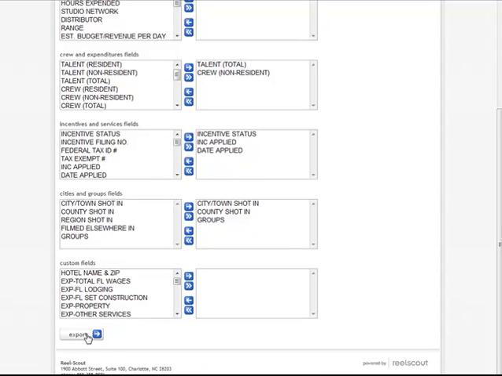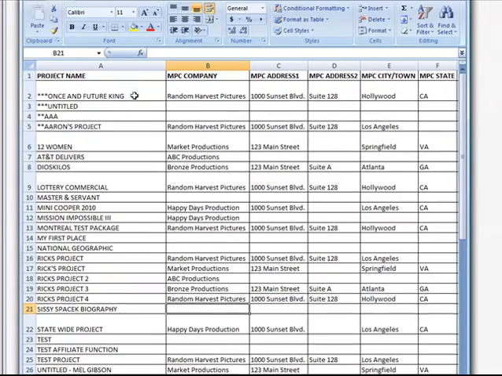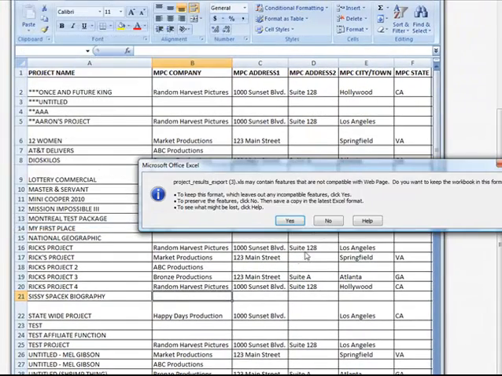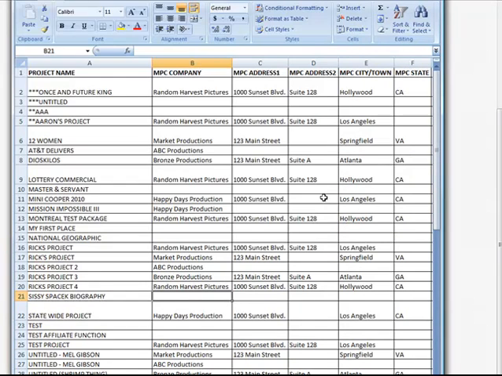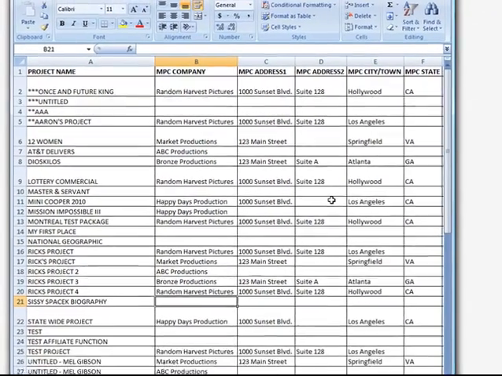That export button will then launch the Excel spreadsheet, which will display all the fields that you selected and the data associated with it. You can at that point save the file and put it anywhere you like, or you can also print it immediately,